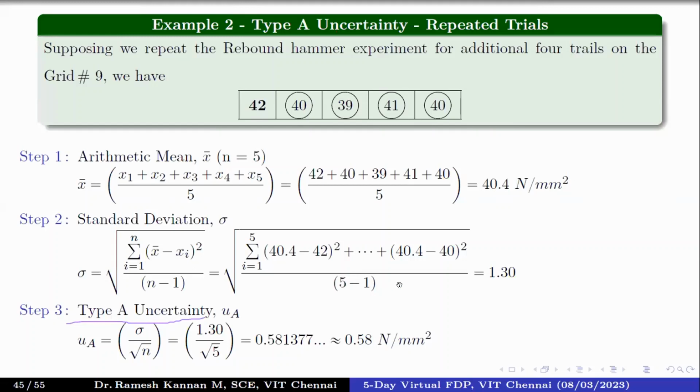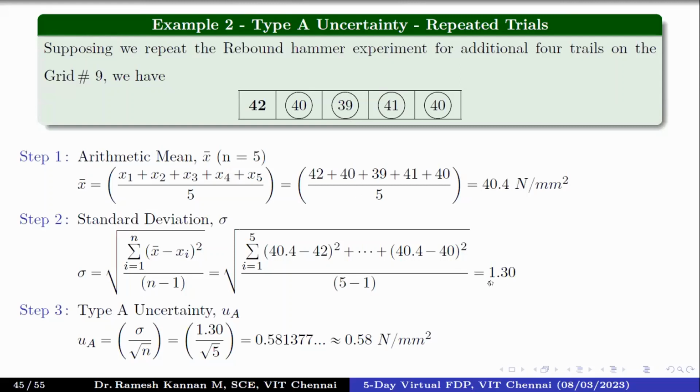Generally, there's a rule that trials have to be repeated 5 times to understand the type A uncertainty, but it's not necessary. You can even try beyond that, or it could go with 4 or something like that. But don't have fewer trials and try uncertainty analysis. Fewer trials, I beg your pardon, not samples, fewer trials for the uncertainty. The more you try, the clearer the picture it will give you.